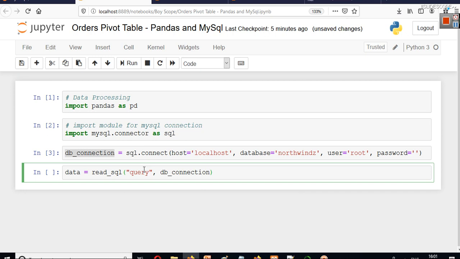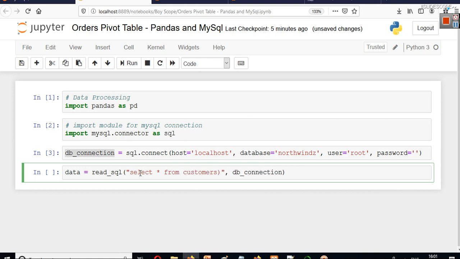But the thing is, we have not written our query yet. We can do two things here. We can either write the query directly. Suppose your query is small, something like select star from customers.